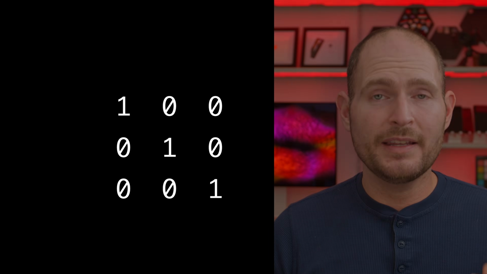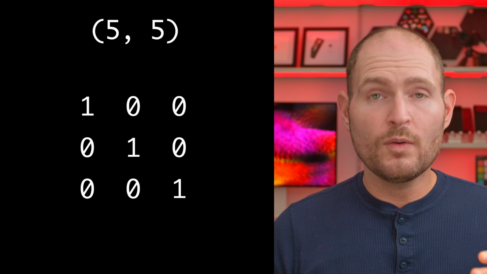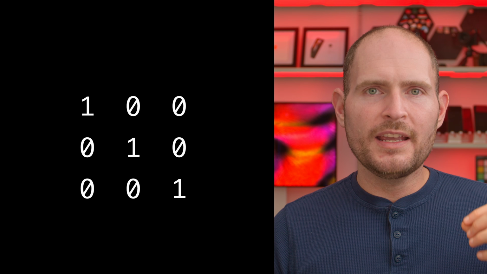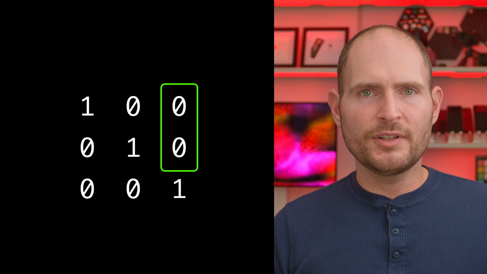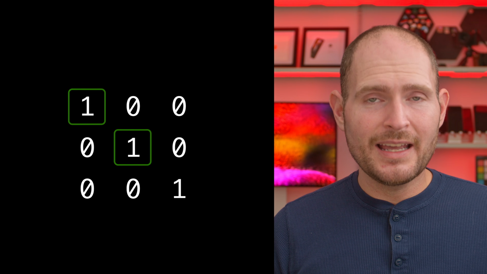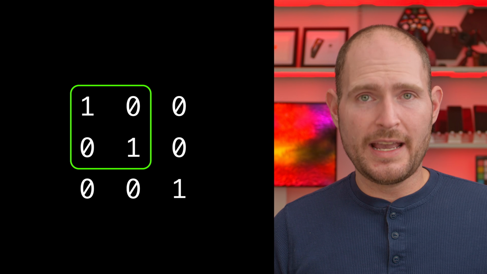A matrix is just a grid of numbers. This one does nothing. If you apply it to a point, it just returns the original point, kind of like how multiplying any number by 1 returns the original number. But if we alter numbers in our grid, it'll have different effects on the point. Like altering these numbers will move the point, altering these numbers will scale it, and altering these numbers will rotate it. Now, what actually happens when you apply a matrix to a point?